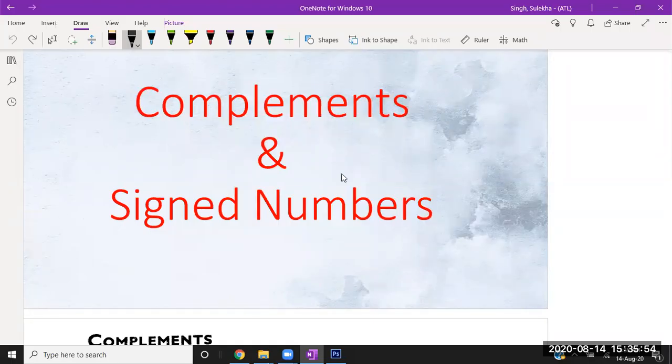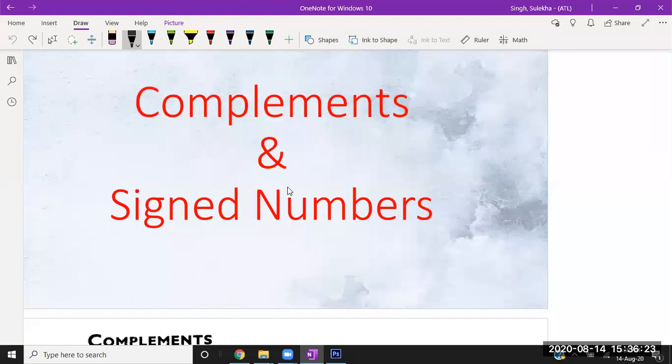Okay, so today in today's lecture, we will basically be dealing with complements and signed numbers. In the previous two lectures, you have seen number system conversion from any base to any base. So first we will talk about what is complement, and then we will see the necessity of